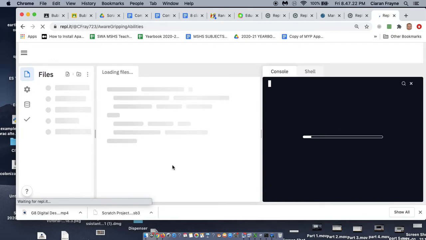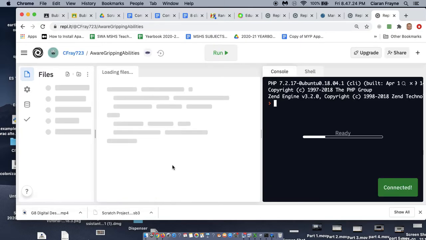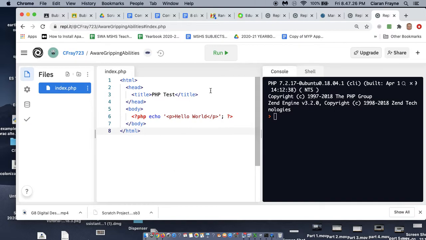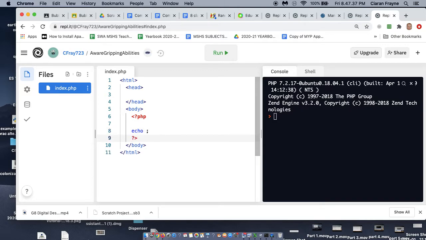It's quite similar to what we did for 6.2.6. So the default code is mostly suitable for our needs. We can get rid of the title. We can probably even keep this echo because we can use that a bit later. And up here, just like we did for 6.2.6, we're going to type function,